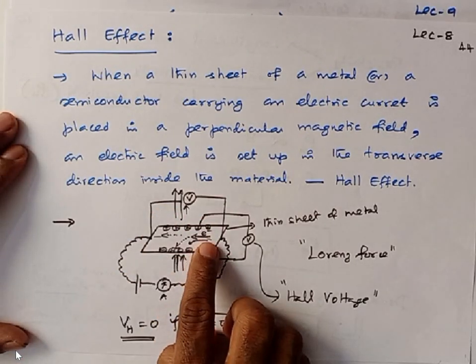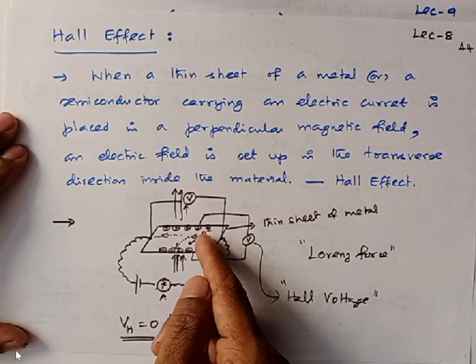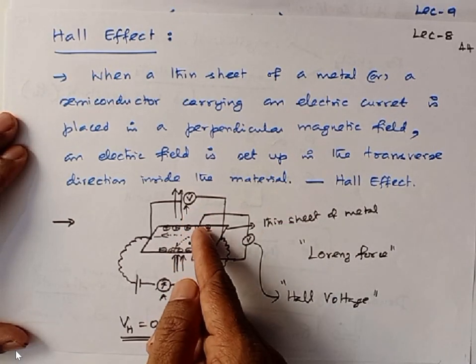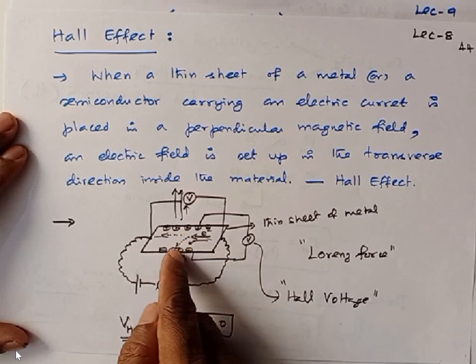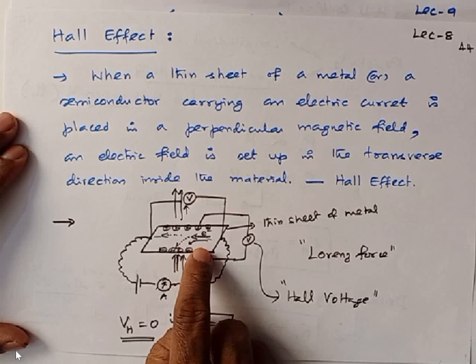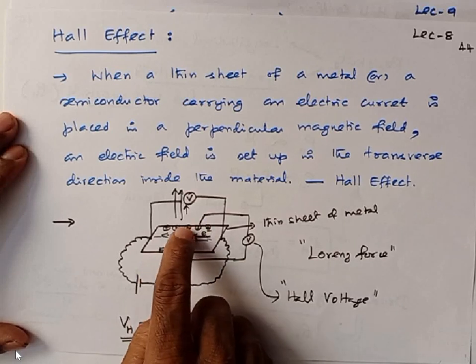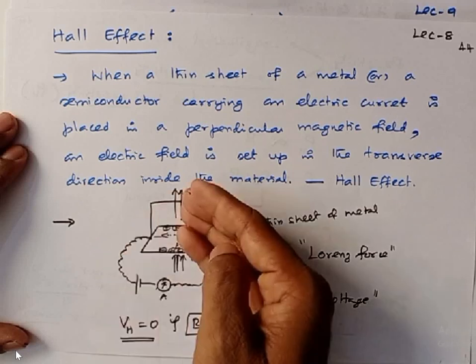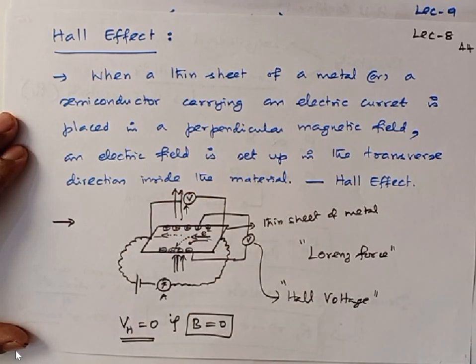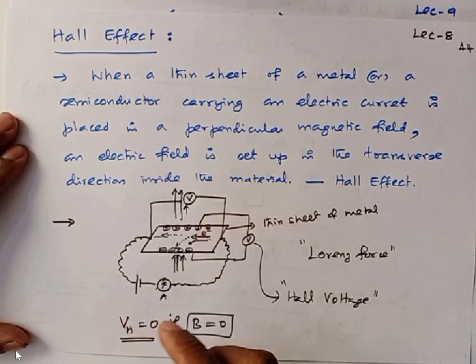The electrons experience Lorentz force. Because of that, the direction of the electron changes and it deflects and starts to accumulate at this edge, right? So electrons start to accumulate here. Equally, positive charge starts to accumulate in the other end. So a new electric field is generated,